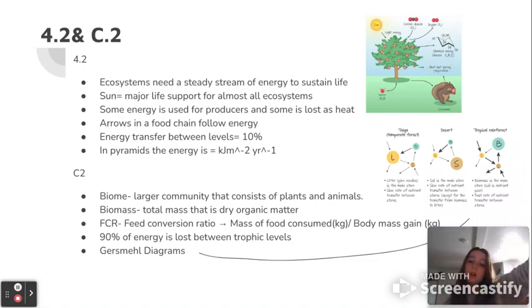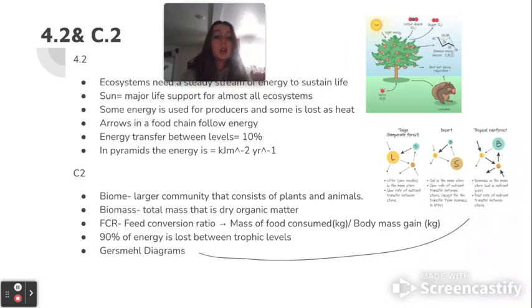So the further up you go in a food pyramid, I was right, the further up you go, the more energy is going to be lost. And the further you go in a food web, it's going to be lost. If you're going to look at pyramid energy, that's going to be your equation for it.